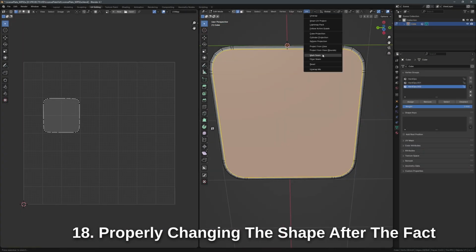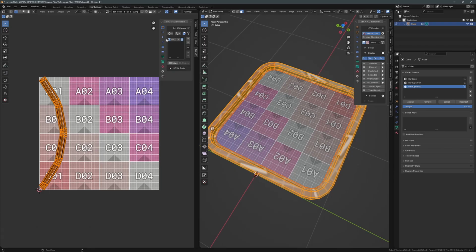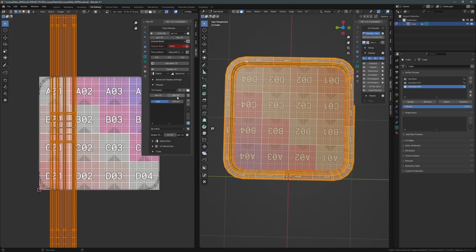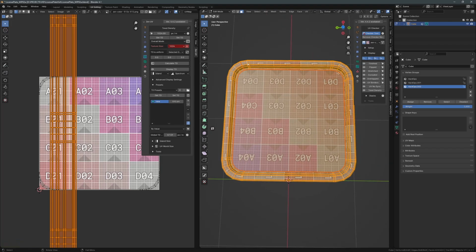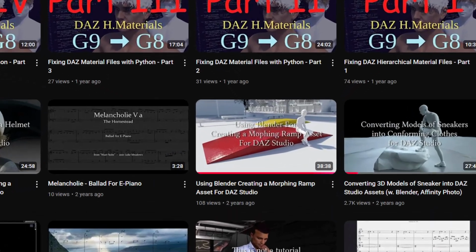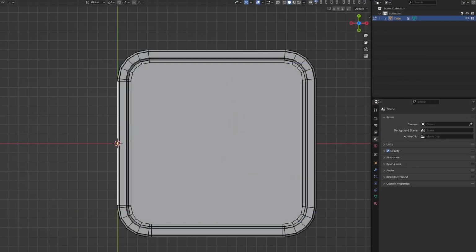Now, before I go on, I want to make one thing clear. After having done the UV unwrapping, I'm pretty much stuck with this quadratic shape. Sure, I can stretch it, but not without also stretching the UV map. My morphing ramp asset video talks about this if you want to check it out in more detail. The quadratic shape is somewhat unrealistic for the use of most vehicles.